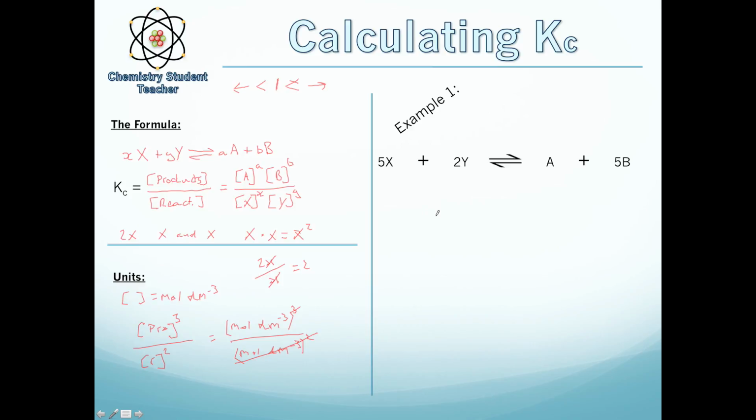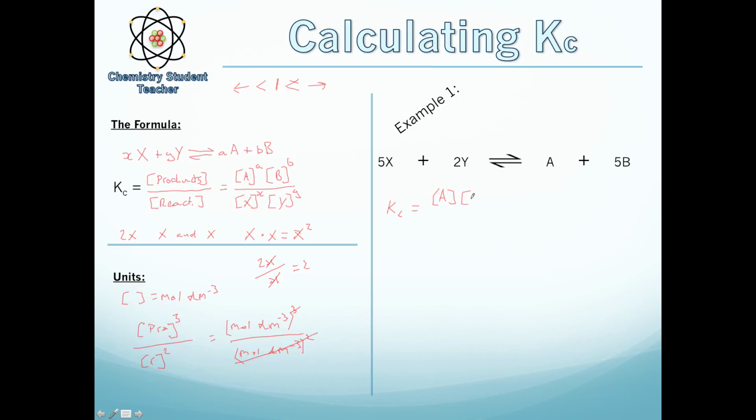So, example 1, if we do it algebraically, just to show you the general way of doing it, and then we'll actually look at some number ones later on, and a complicated example you'll have to do at some point if you want higher grades. So if we want to work out Kc, it's the concentration of products over the concentration of reactants. So the products are A, so the concentration of A, and because there's only one molecule, it's to the power of 1, so we can just ignore the power,